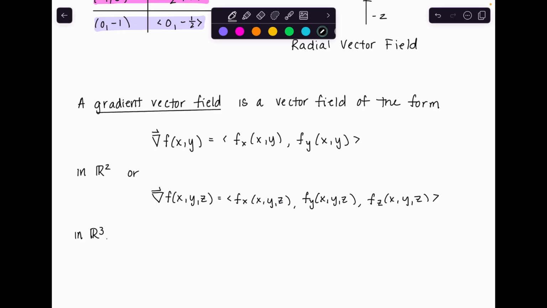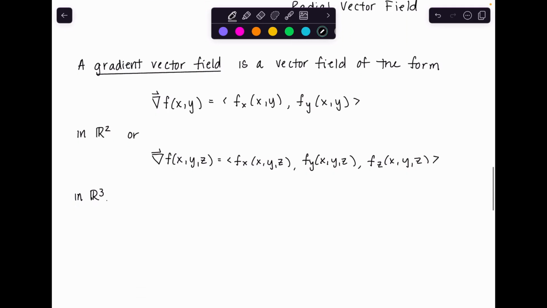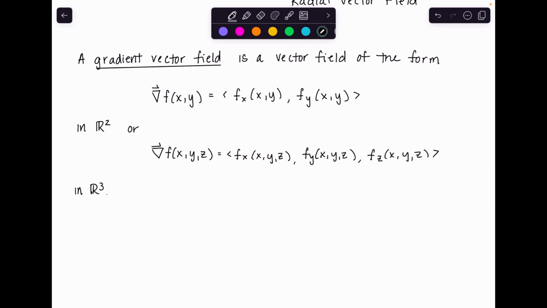So if we have a vector field like this, where all of the components represent partial derivatives of some function, we can actually say these are conservative vector fields. Because what's going to happen is we're going to talk about the work you would need to do to walk in one of these force fields. And basically in a conservative vector field, the path you take is not going to matter. So only the starting and end point will. So if you think back to physics, maybe you remember conservation of energy, but there's still a connection between these. So we say a vector field F